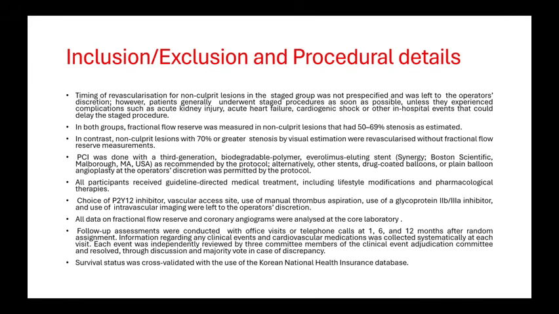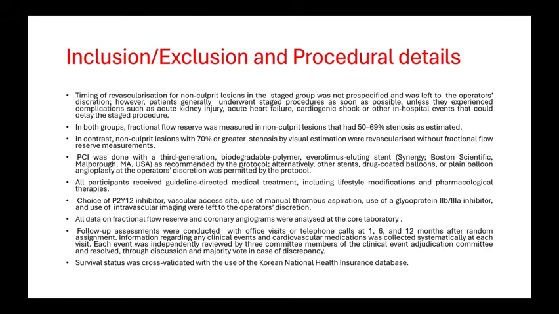Regarding the procedural details, let's say we have a patient with a 60% stenosis, or between 50 and 70% stenosis, in the non-infarct related artery. This patient will undergo FFR. So the moderate lesions will be evaluated by FFR. If they are significant, they will be revascularized. If they are not significant, they will not be revascularized. This is explainable. Number 2, if the patient has more than 70% stenosis by visual evaluation,